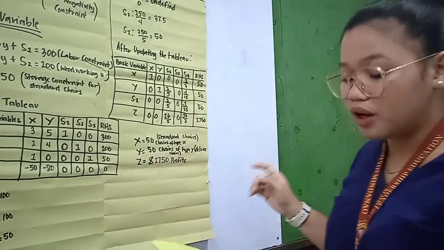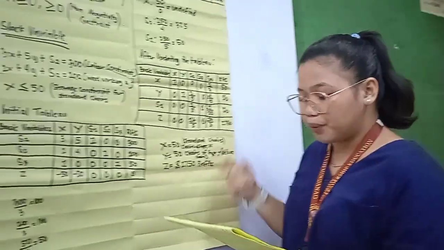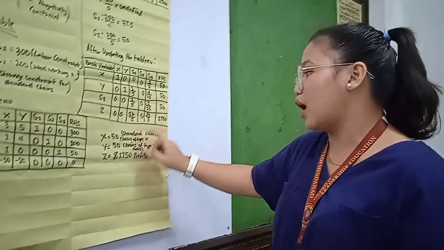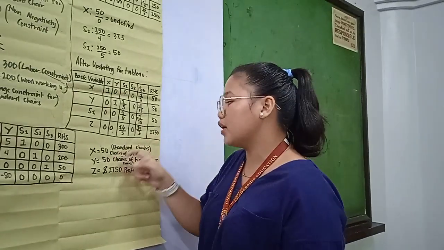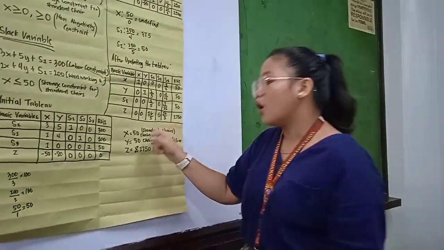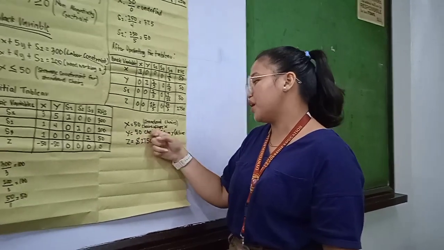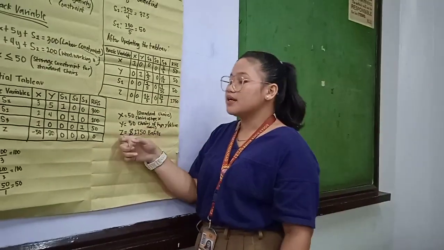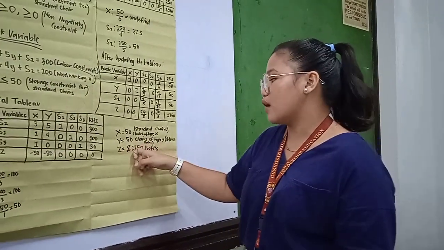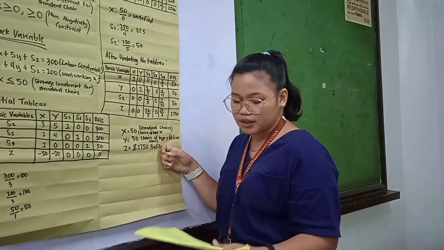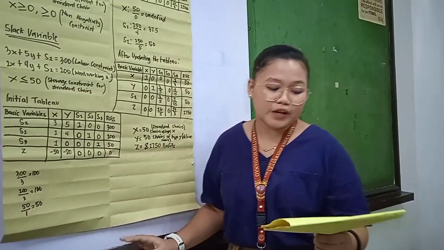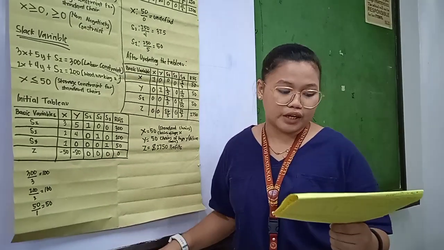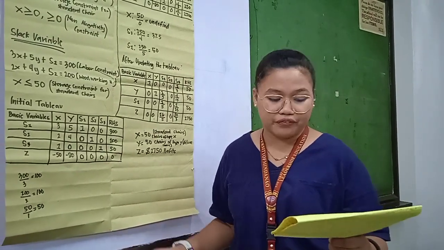Now that we've reached the optimal solution, we interpret the tableau. X equals 50 standard chairs of type X. Y equals 50 chairs of type Y, deluxe chairs, and Z equals $2,750 profit. This means the manufacturer should produce 50 standard chairs and 50 deluxe chairs each week to maximize profit, resulting in a total